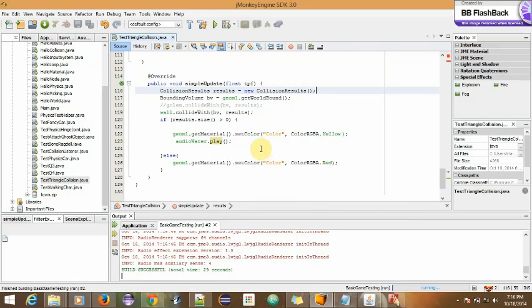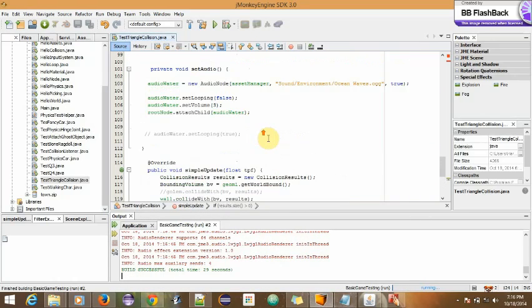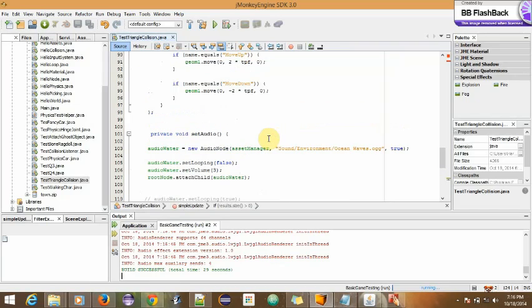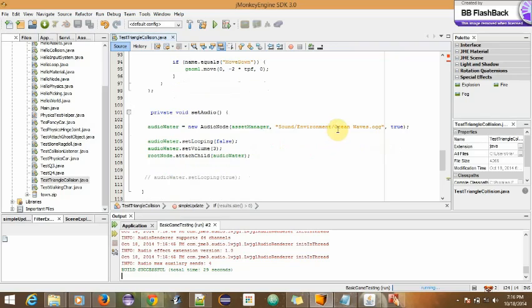And now let's see the coding part to describe how we have executed this experiment on JMonkey. First, we need to place our audio file in the project assets, and then we need to create audio nodes for each and every sound we want to play in an application. Here we wanted to play an ocean sound and a collision sound, and hence we created an audio node for the ocean sound.